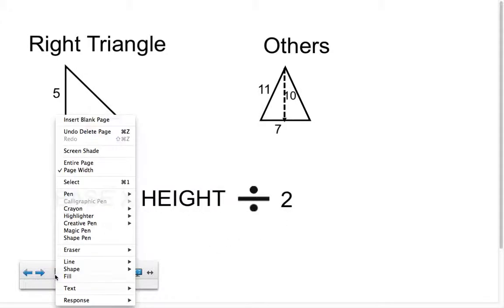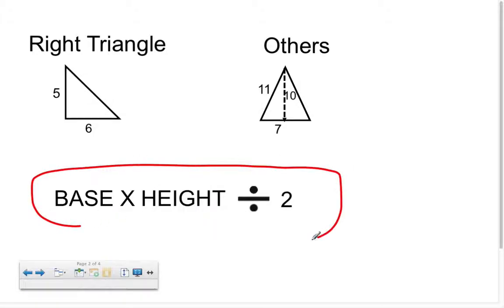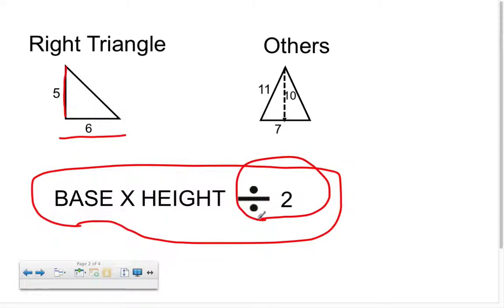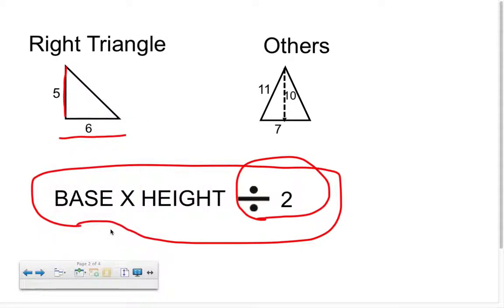Guys, seriously, pay attention. That is the formula, alright? That is it right there. Base times height divided by 2 at the end. Make sure you don't forget that part. Sometimes kids forget that part. They get lazy. No. Don't forget that. So in our right triangle right here, the area would be 6 times 5,